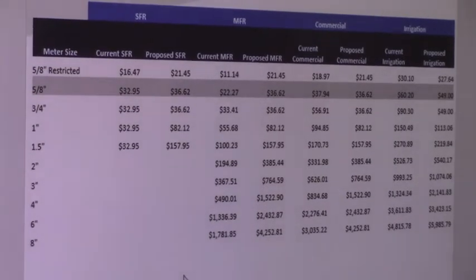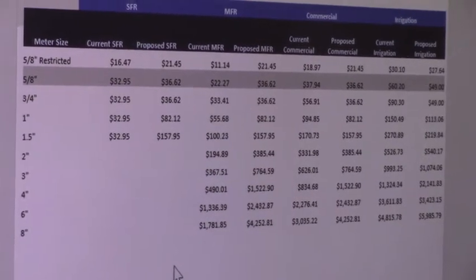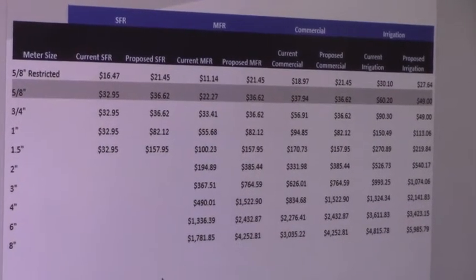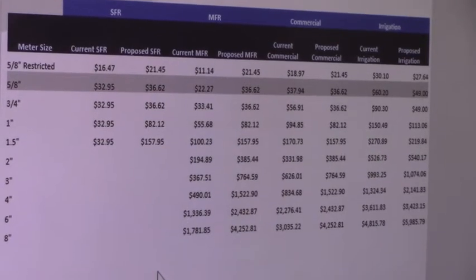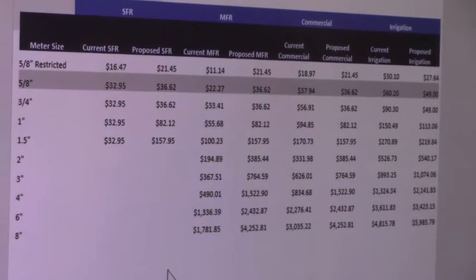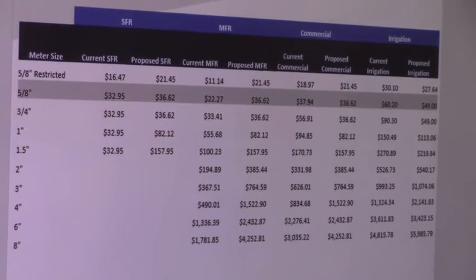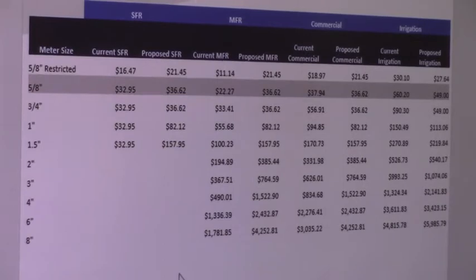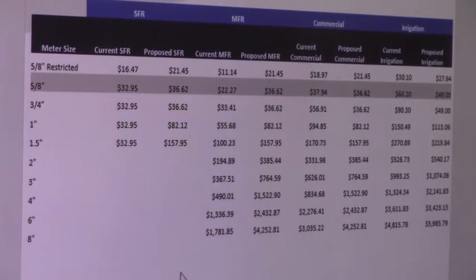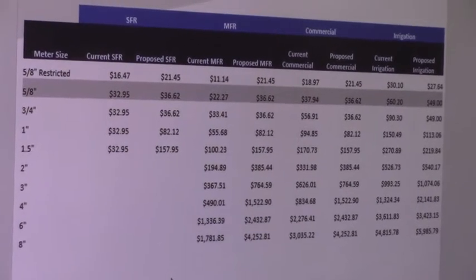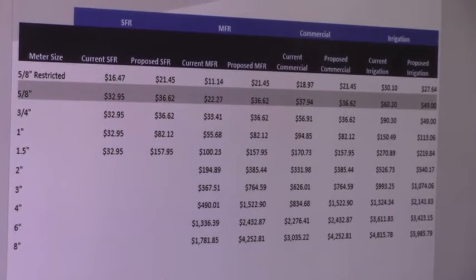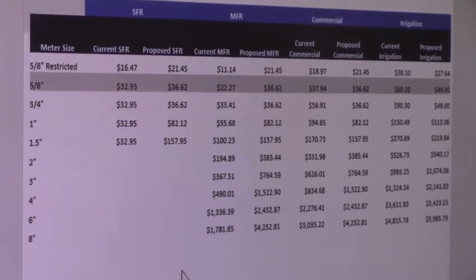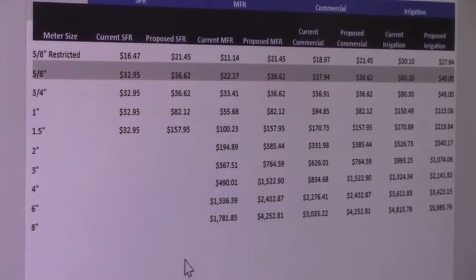So they saw that kind of flattening among those three customer classes, and they're proposing that those three customer classes receive similar service charges. The one that's showing a different type of peaking behavior is the irrigation and outdoor use class, because they do exhibit that high peaking behavior in the summer. So what they're proposing is that we look at single-family, multifamily, and commercial as similar peaking patterns, and then the outlier is the irrigation outdoor use.